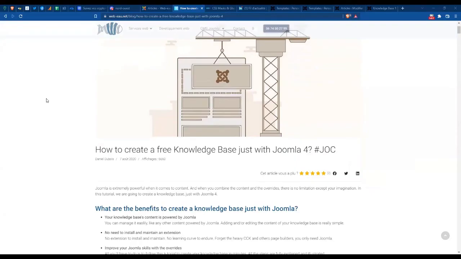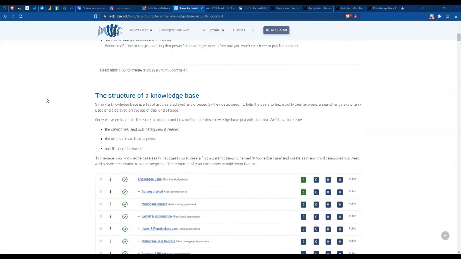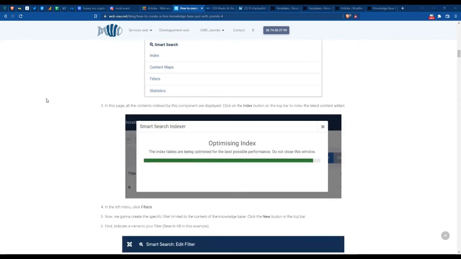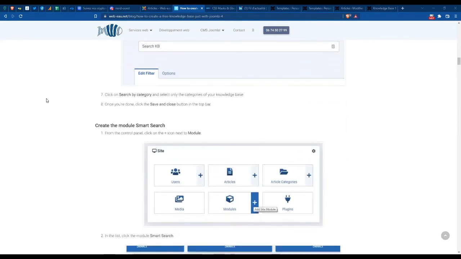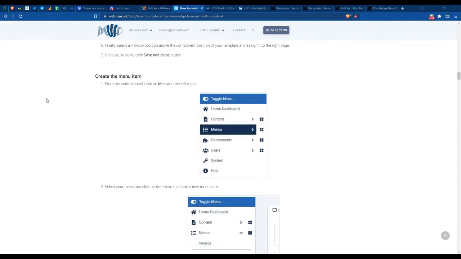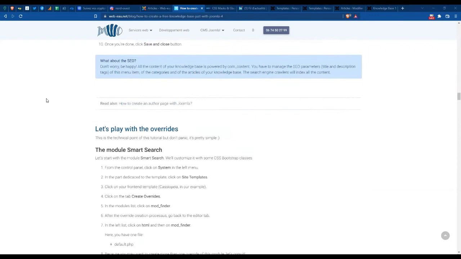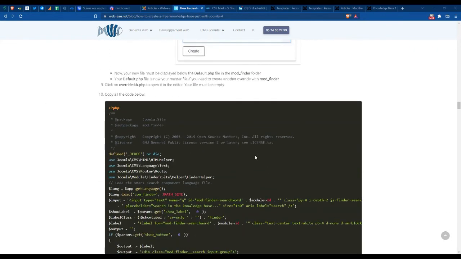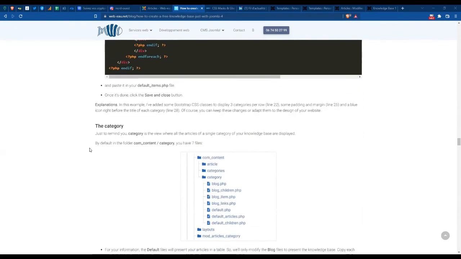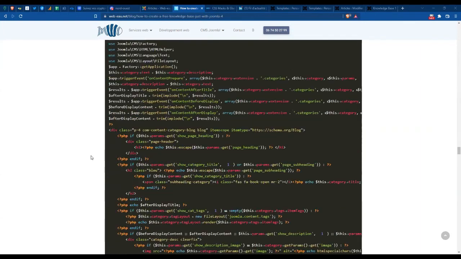Thank you. So this is the tutorial I wrote, but I need to write it again because it was based on the first version of Joomla 4, and the code has changed since the first release. So the code is not exactly the same as today. But here you have all the explanation to create the same thing, and you have all the details, all the explanation, all the code here. So just feel free to copy, to share, to, of course, use and modify if you need to customize, to